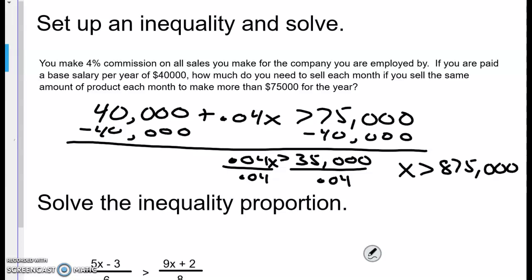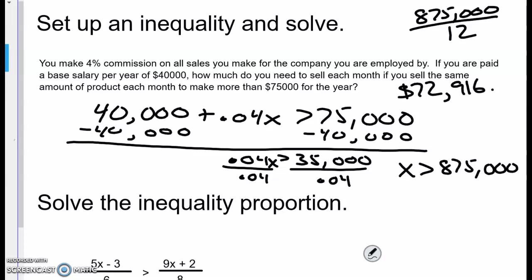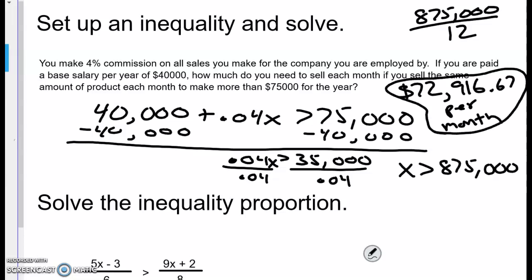So I need to sell more than 875,000 per year. Now, with that being said, I've got to answer my question. I'm not asking per year, I'm asking per month. I'm hoping everyone knows that there's 12 months in a year. So I take that 875,000 and I divide it by 12. And my answer is going to be $72,916.67 per month. And that's what I need to sell